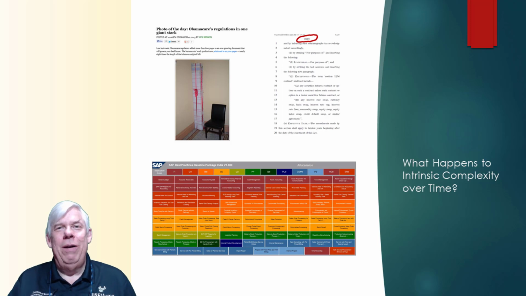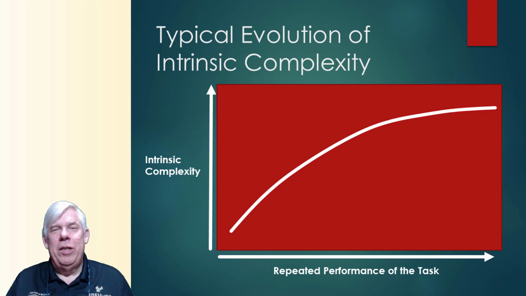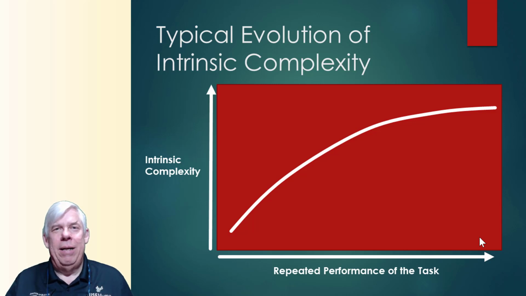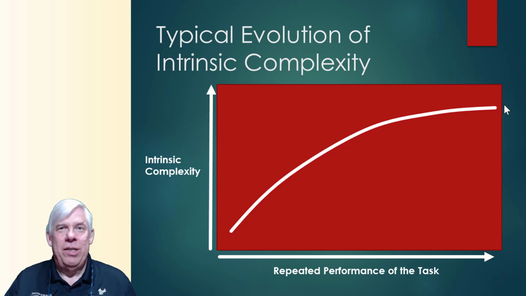Now, this provides a very, very interesting contrast to experienced complexity. If you can recall, for experienced complexity, as we repeatedly perform the task, the complexity that we experience tends to go down because of chunking and elements of the task becoming automatic. When we're talking about intrinsic complexity, however, how we represent the task, what typically happens is the number of rules, the size of the task actually increases, and so complexity rises with time. And that's why you don't want to confuse the two types of complexity, because they behave very, very differently.